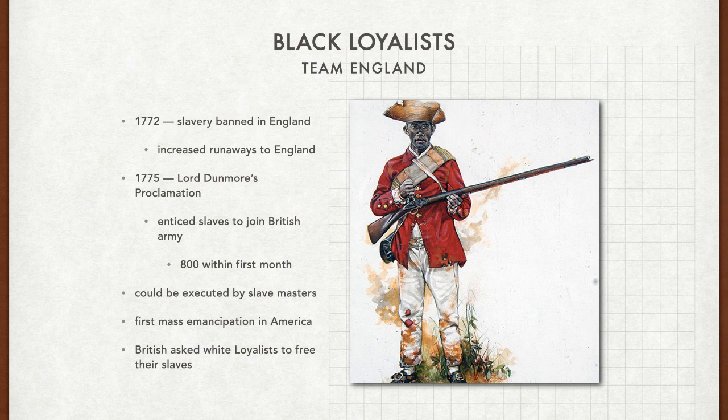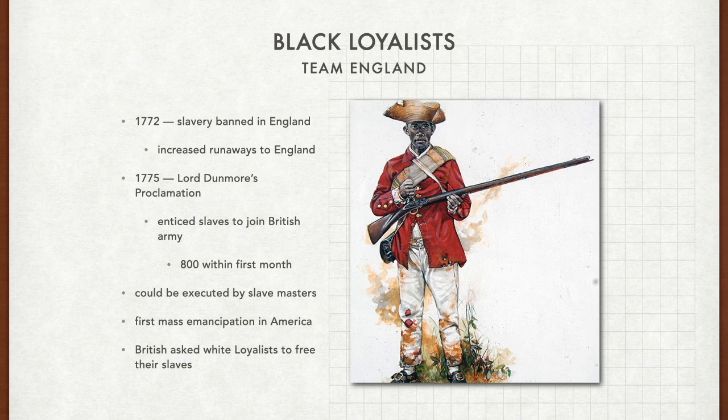For black slaves, they had to kind of pick a side in some cases, right? Are you going to go with the Americans or are you going to go with the British? So we'll talk about now the Black Loyalists, or the black people who decided that the British were a better side. And you can make the decision for yourself whichever side, if you were a slave, you would go for.